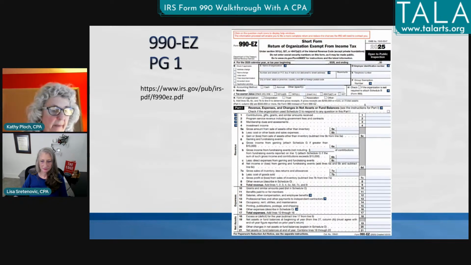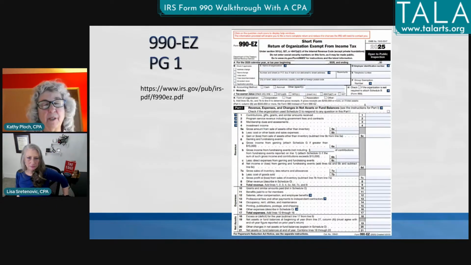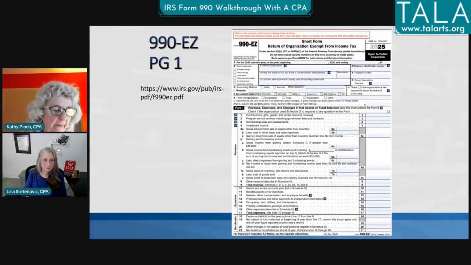The first thing I wanted to mention, this is something I see a lot. In A, I don't know if you can really see that very well, but in A, it says for the 2025 calendar year or tax year beginning, and then it's got blanks. So going back to my December 31st calendar year end, you're not going to put anything in there because it's going to be for the calendar year.